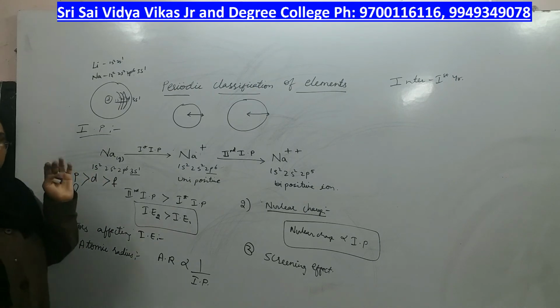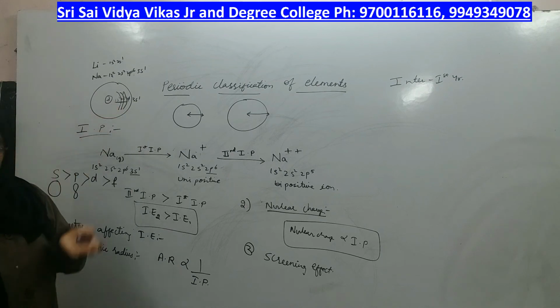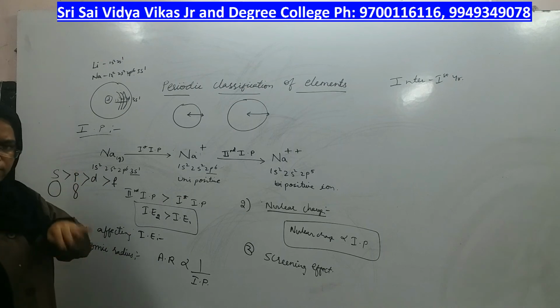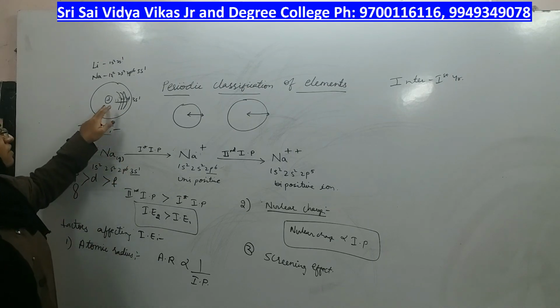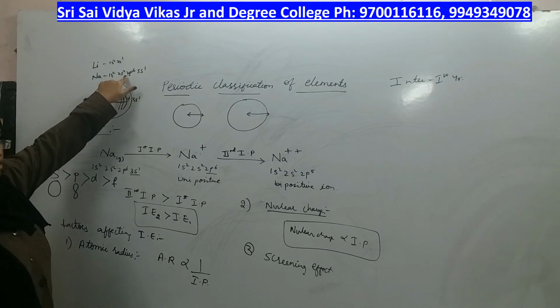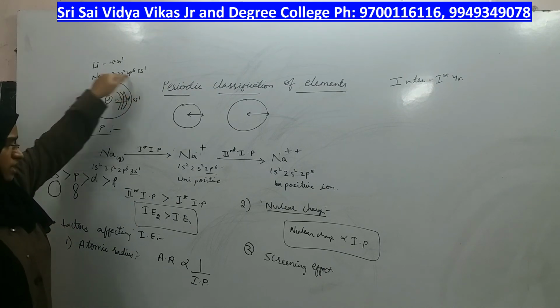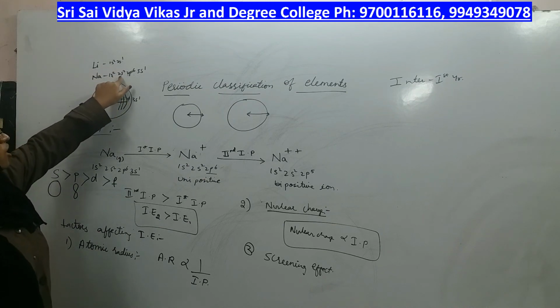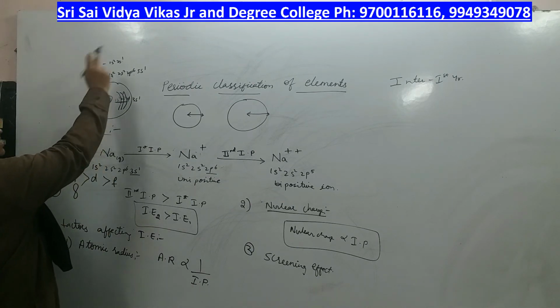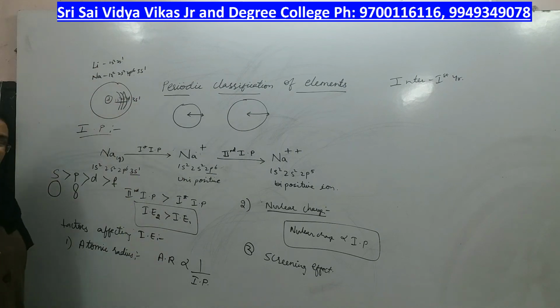If f orbitals are present in between, they cannot shield the nuclear charge. Even if they shield, it will be very little. If f orbitals are present in between, no barrier will come between the nucleus and the valence electron. But is there any f electron in the case of sodium? No. Then which orbitals are present in sodium? s and p, which have the highest screening effect, right? In that case, screening effect is more, meaning the charge of the nucleus on the valence electron will be less.